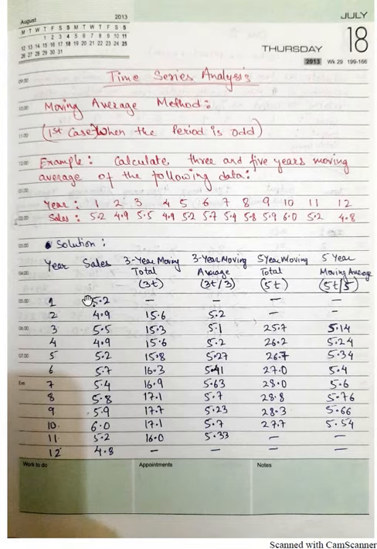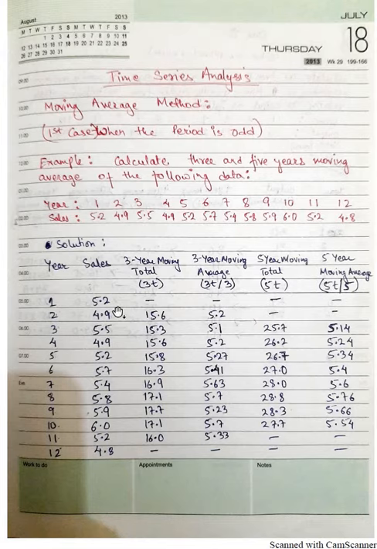Now we'll skip this and we'll start adding 5 consecutive numbers from here. 4.9 plus 5.5 plus 4.9 plus 5.2 plus 5.7. Here we add 5 consecutive numbers. The sum is 26.2. So the middle position of these 5 numbers is this. So we'll write it just straight to this. So 26.2 we write it here.